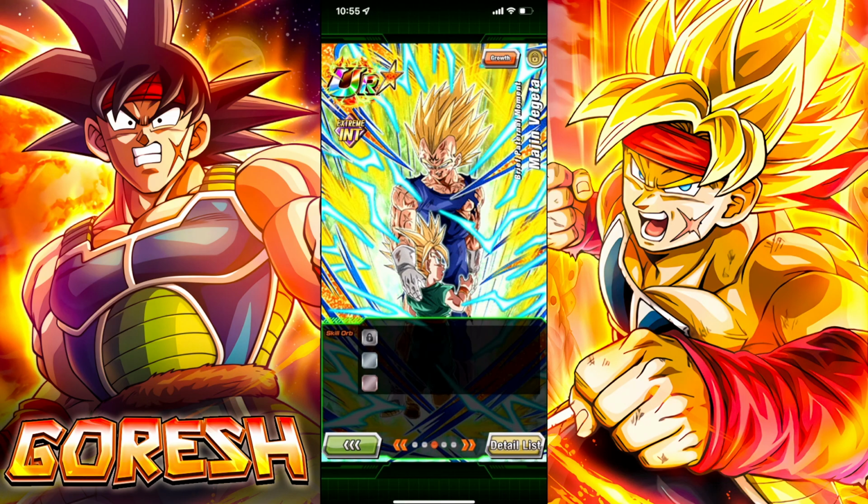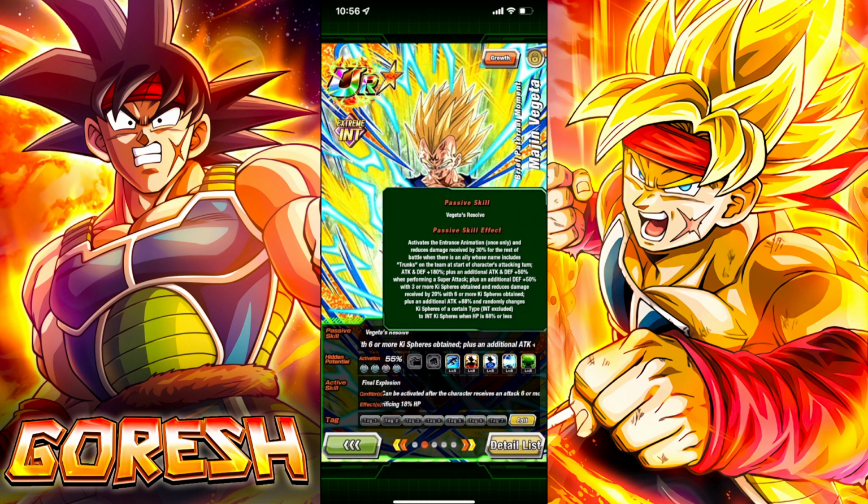I think the philosophy they should take moving forward, and I mentioned this on Twitter earlier today, is that when you have these conditions, especially conditions that require other specific characters on your team, I don't think they should be unit-defining effects, right? 30% damage reduction is really game changing. This Vegeta having 30% damage reduction versus not having it in the most difficult content in the game, that's going to make a big difference, and you will definitely feel that difference